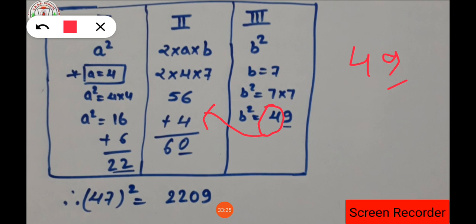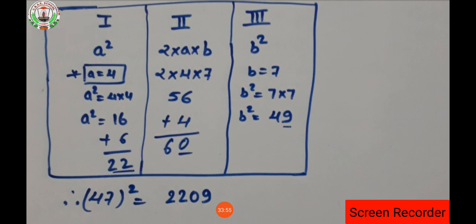So here 6 plus 4, 10, 1 carry, 5 plus 1 will be 6. Again in 1's place value 0 is there, that 0 will be marked with the dash, and 6 is left out, which is in 10's place value, that will be carried forward to the first column. Now this 6 is added, so 6 plus 6 will be 12, isn't it? 2 will be here and 1 will be carried, so 1 plus 1 will be 2. So 22 we are having here, isn't it?